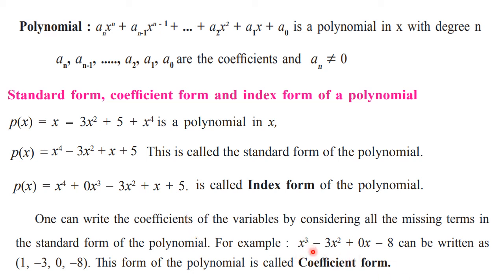So you can see one more example here. x cube minus 3x square plus 0x minus 8. Here the degree is 3 and you have 4 terms, 1, 2, 3, 4. Degree plus 1 terms should be present there, as I have said. So the coefficient form of this particular polynomial we can write as follows. Here nothing is seen means 1 is present. Then the second coefficient is minus 3, third one is 0 and fourth one is minus 8. So all these coefficients in sequence we are going to write separated by comma. This is called the coefficient form of that polynomial. I hope all of you have understood this.